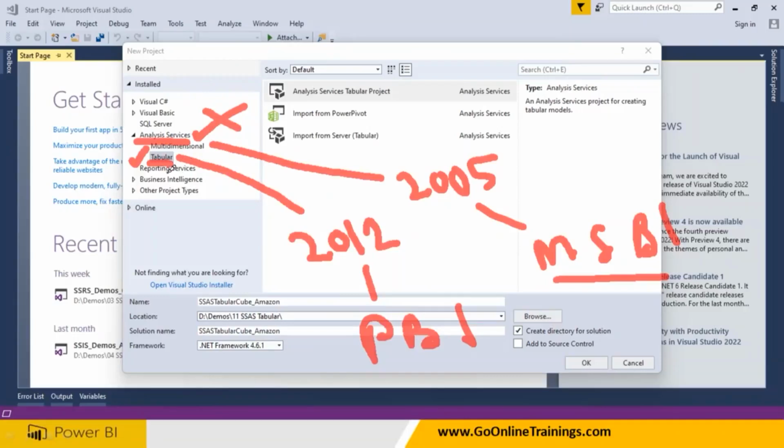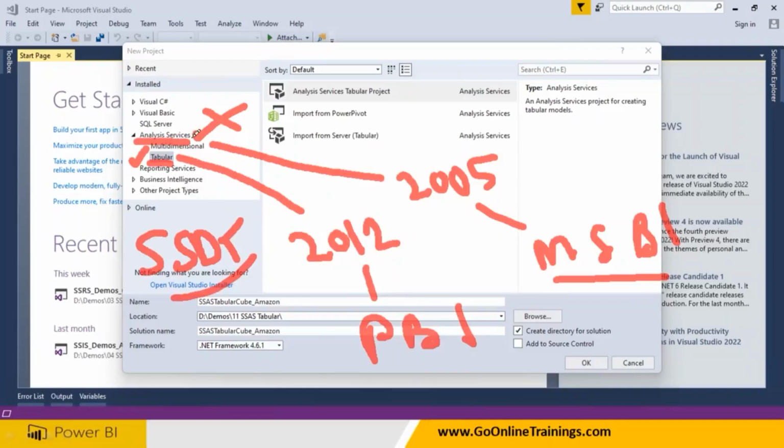If it is not working, we'll come to know what we have installed. You will get a lot of issues when we deploy, don't worry. At that time you have to remove the SSDT software and reinstall it, choosing the tabular model cube. Then only can we work with this.